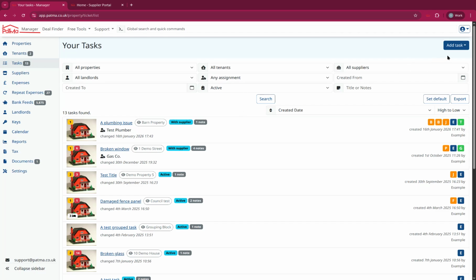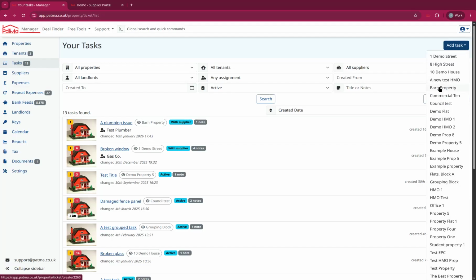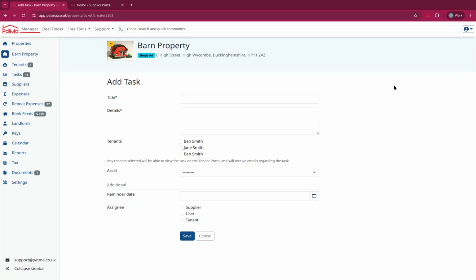Okay. So I think your task is missing links to tenants within the property, which is causing the tenant details not to be available. So when you create a new task, you have the option of choosing tenant details here, but I'm